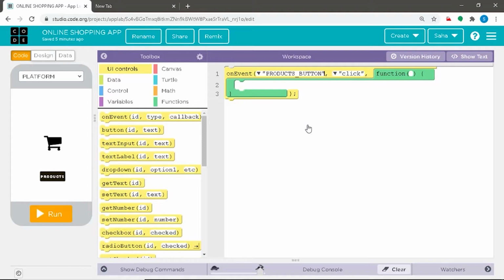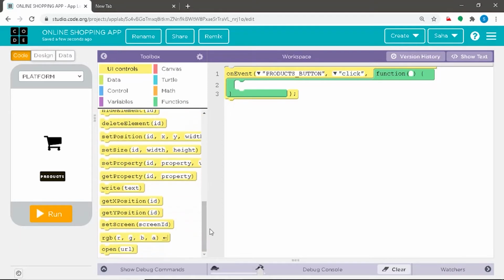Since we know that on clicking the products button, we will be directed to the category screen, we should change the screen. That is, we should go to the UI controls category, drag the set screen command, assemble it in our script, and now we will be choosing our screen to be category screen. That is, now on clicking the products button, the user will be redirected to the category screen.